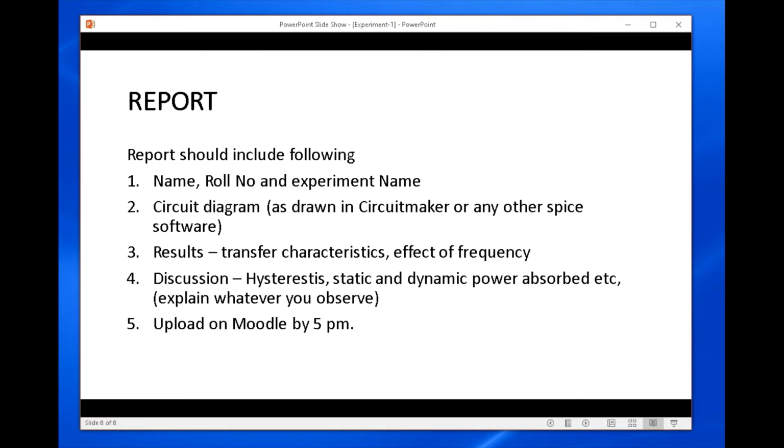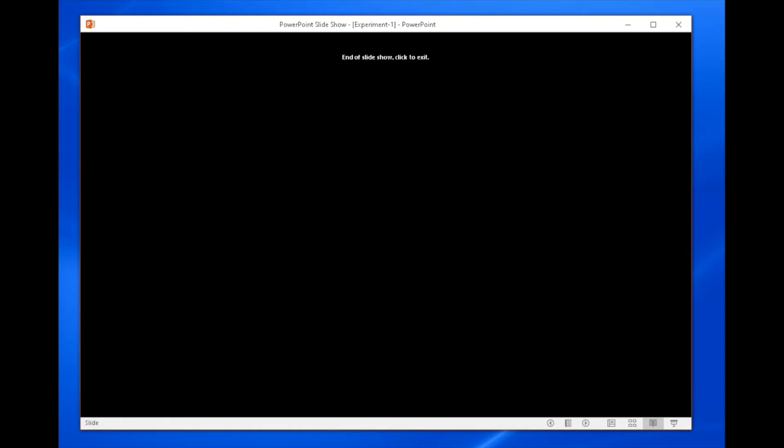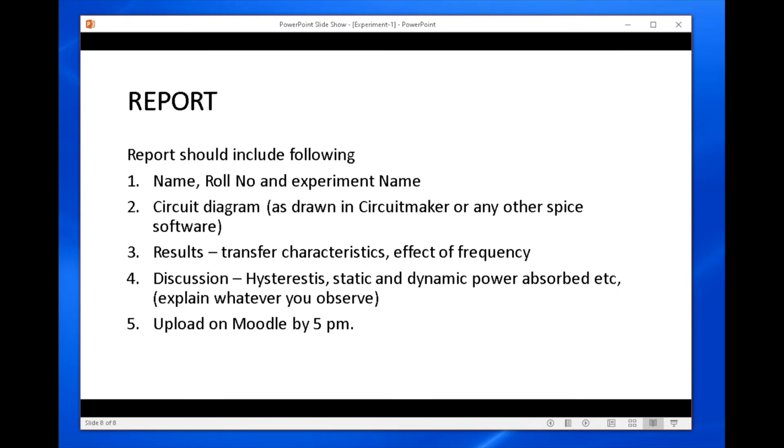You have to do this every day of the lab. Okay, so that's all. You already know the list of experiments. Thank you very much.